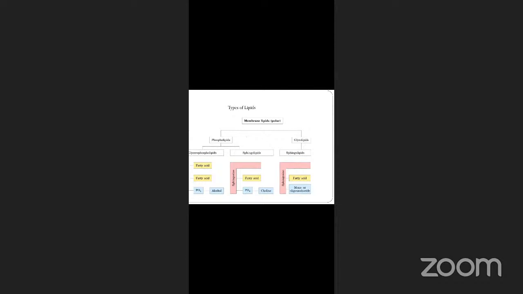Then, glycolipids. Glyco means sugar. When a carbohydrate moiety is linked to lipids, they are called glycolipids. So here, sphingosine has a fatty acid, but the third carbon is not having phosphate and choline, but it is having a monosaccharide or oligosaccharide. Saccharide means sugar moiety. Okay, so that's why they are also called sphingolipids, but they come under glycolipids. Okay, so this is the classification of the lipids.